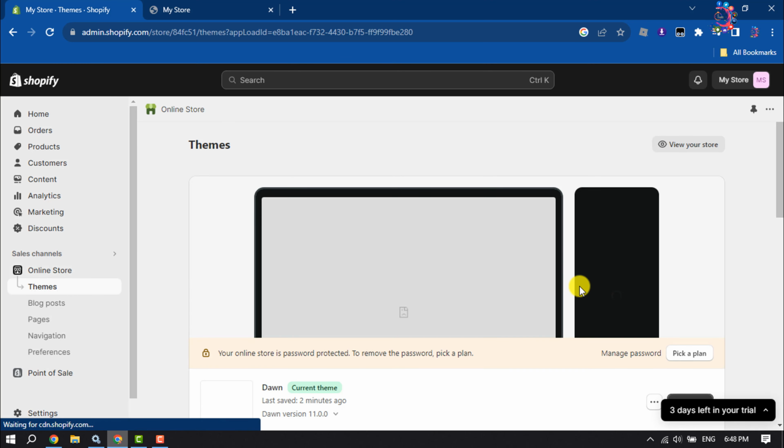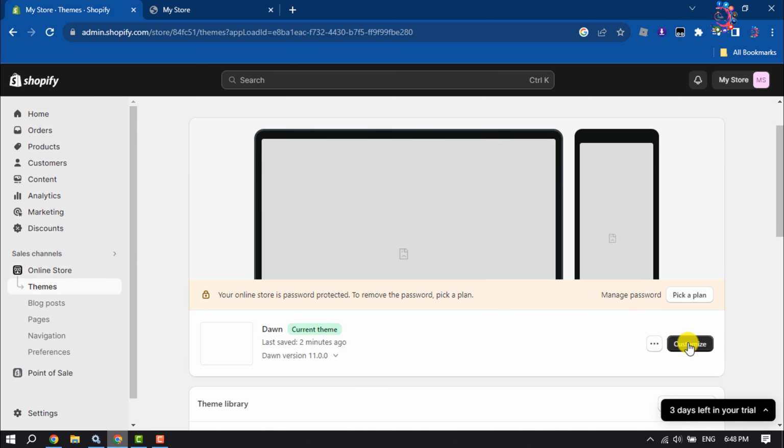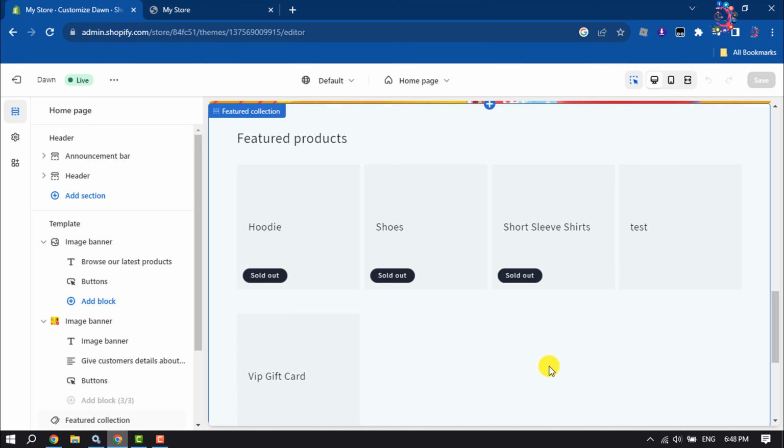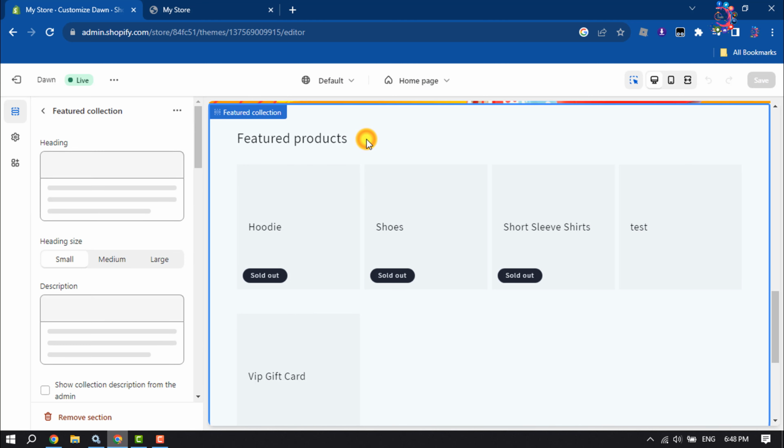and click on Customize, and here search for the section where you want to add a new color or background. So I want to change this featured product section color, so I'm selecting this section